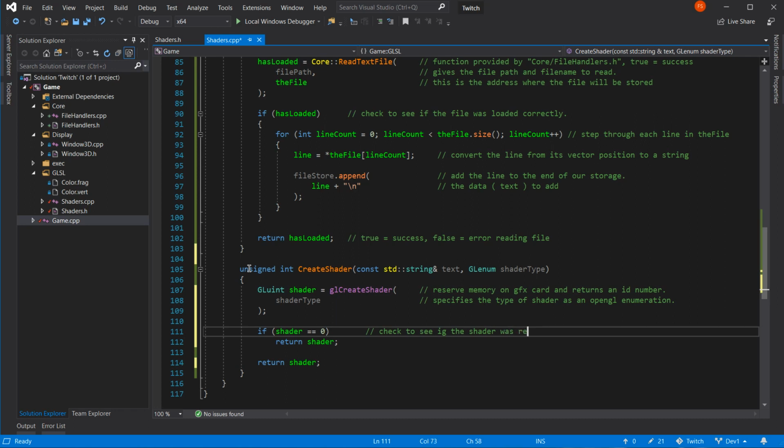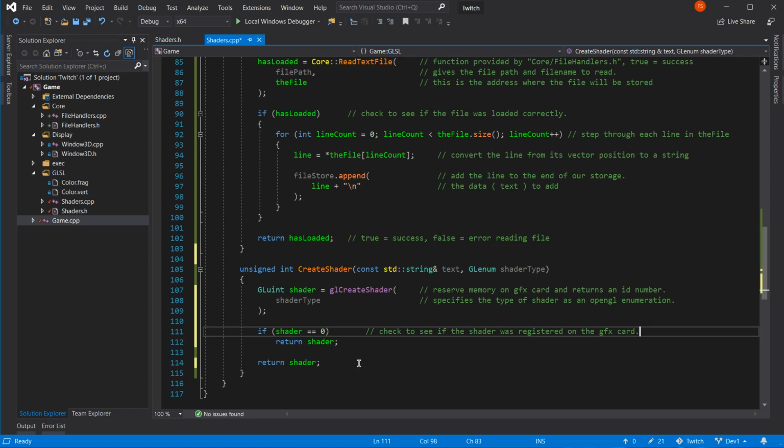So what I'm doing there is checking to see if the shader was registered on the GFX card. It's just a simple safety check. If it's failed, then return shader as a 0.